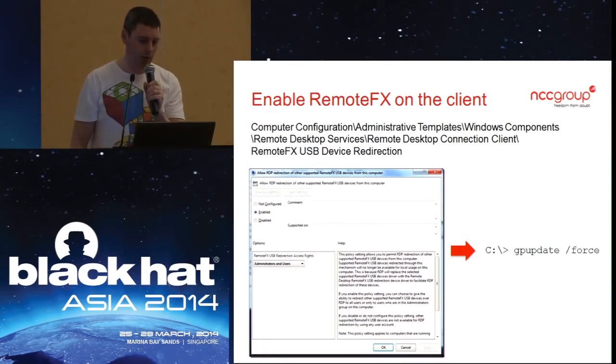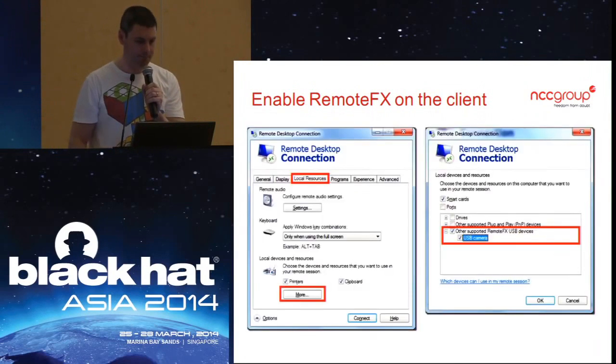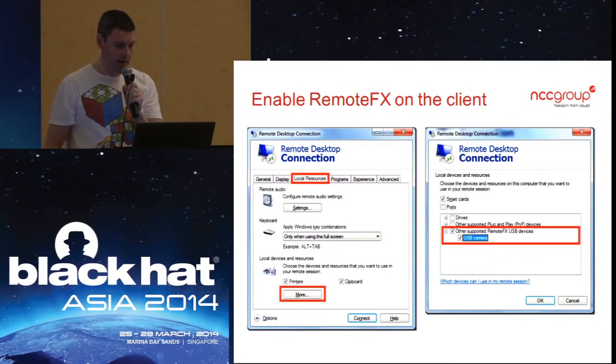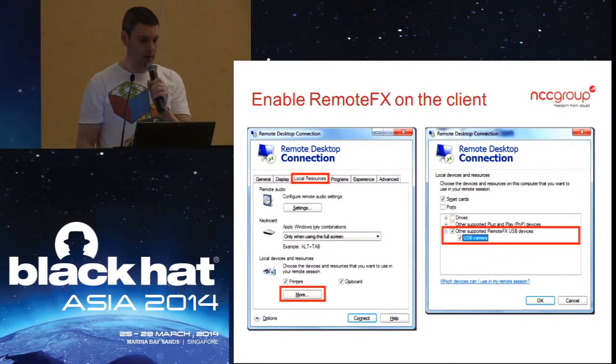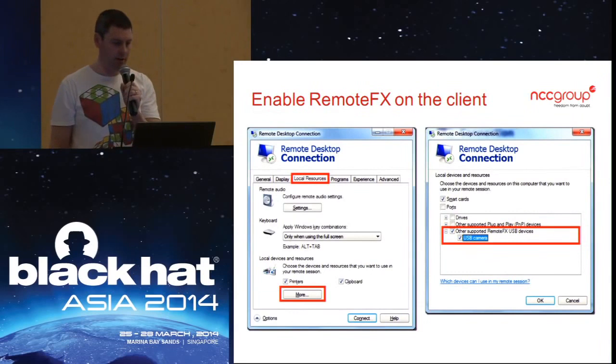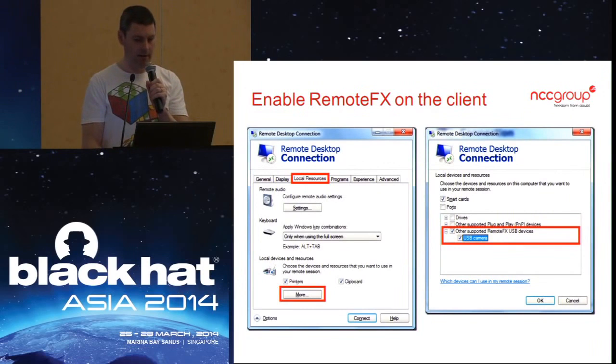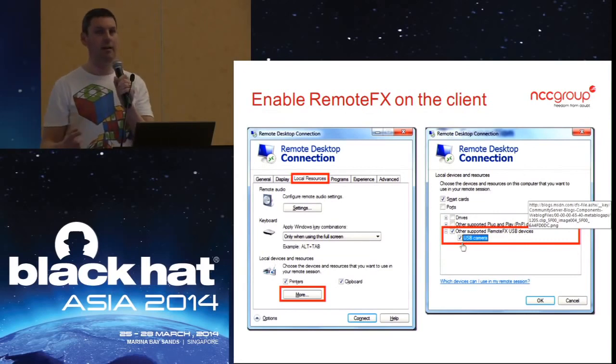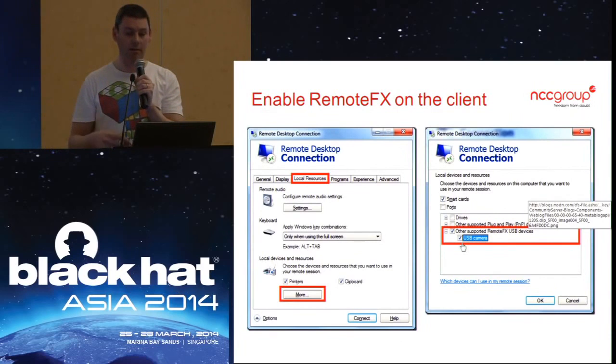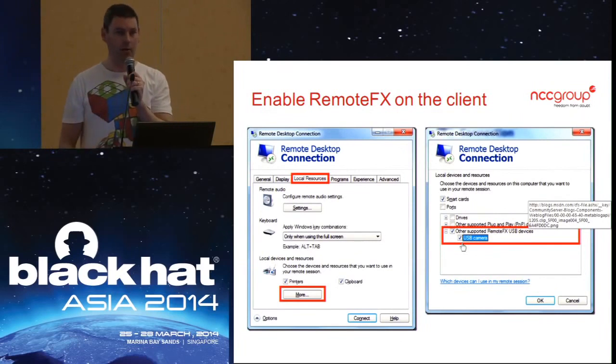So that will then tell your RDP client that you're going to be using remote FX when you connect. You have to reboot your client in order for that to take effect. And then when you go to your configuration for your client, within local resources and more, you've now got a new checkbox, which is other supported remote FX USB devices, and any devices that are currently plugged into your client will show up there, and you can add a tick box and say, I want to remote